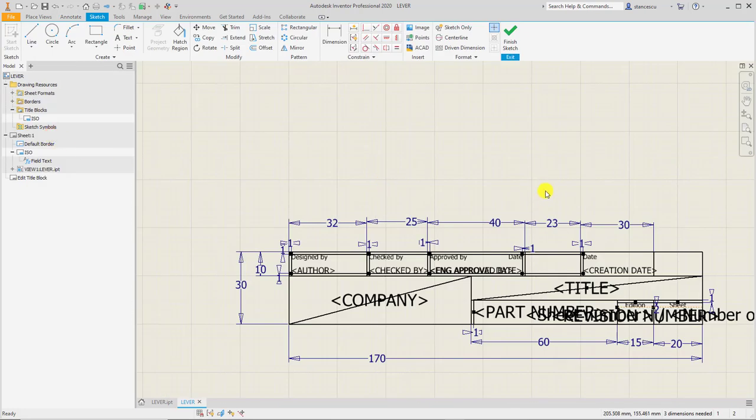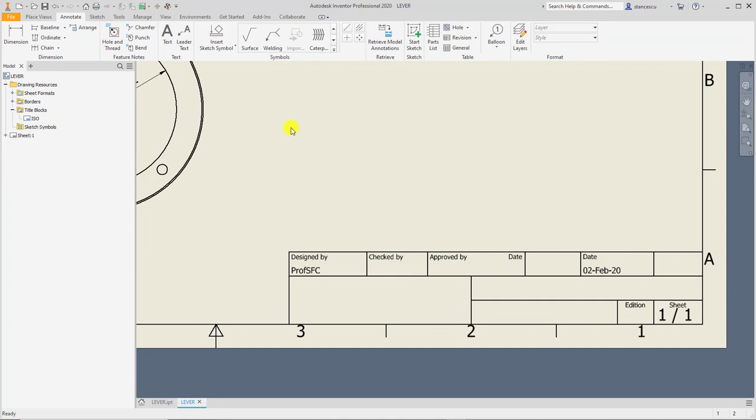Here we see in sharp brackets all the definitions, in every cell of this title block. It seems to be a mess, but you will understand them, be sure. Okay, title is a name. Finish sketch, don't save, and now